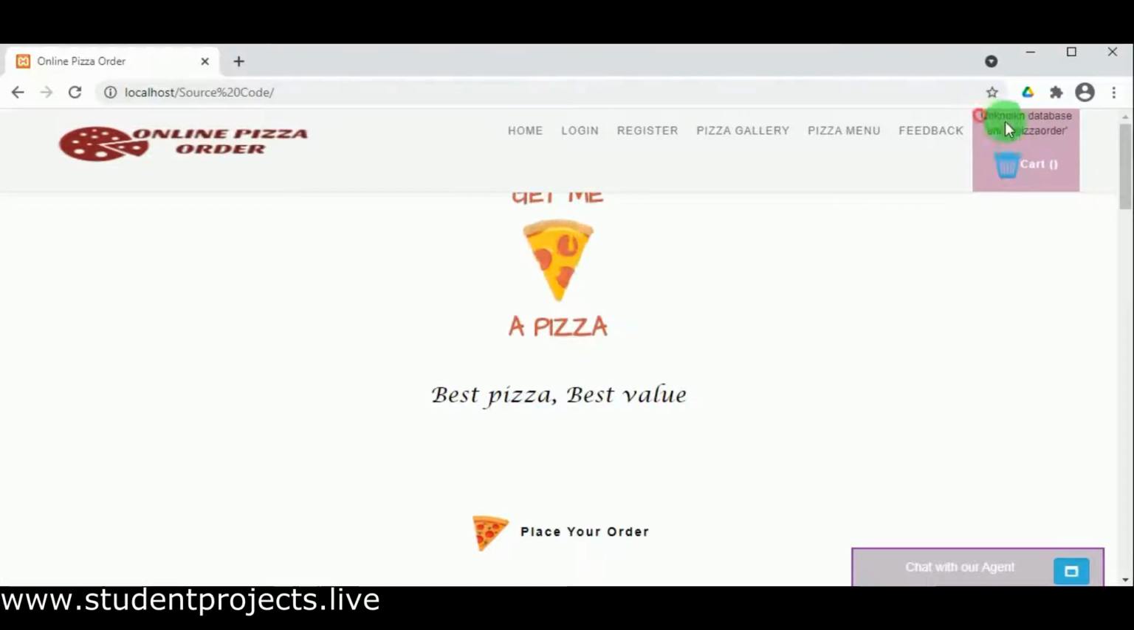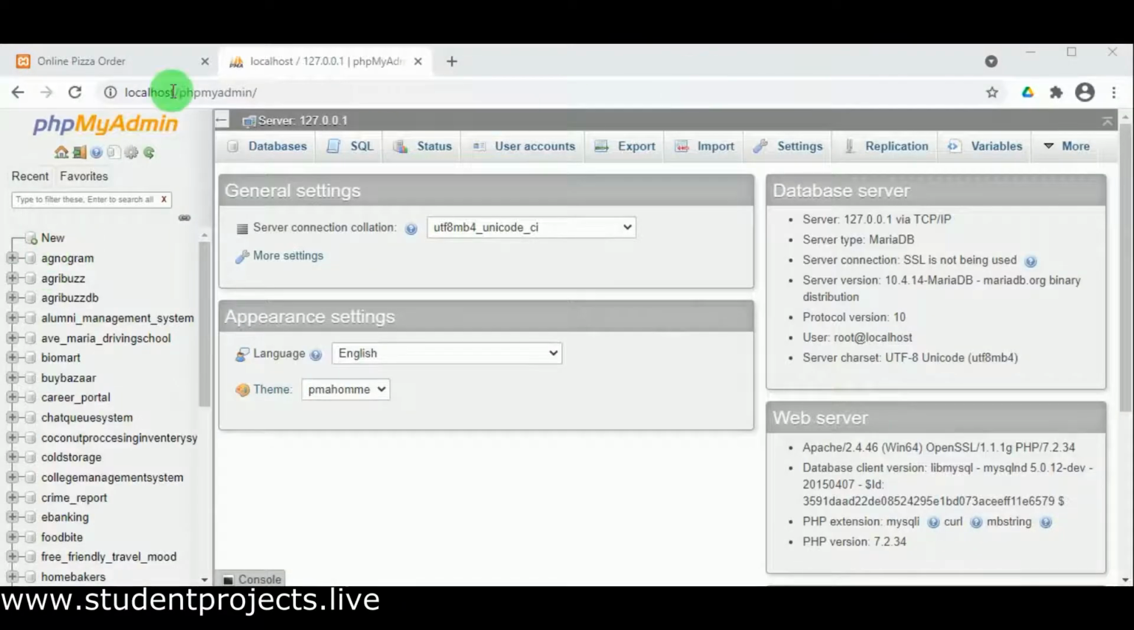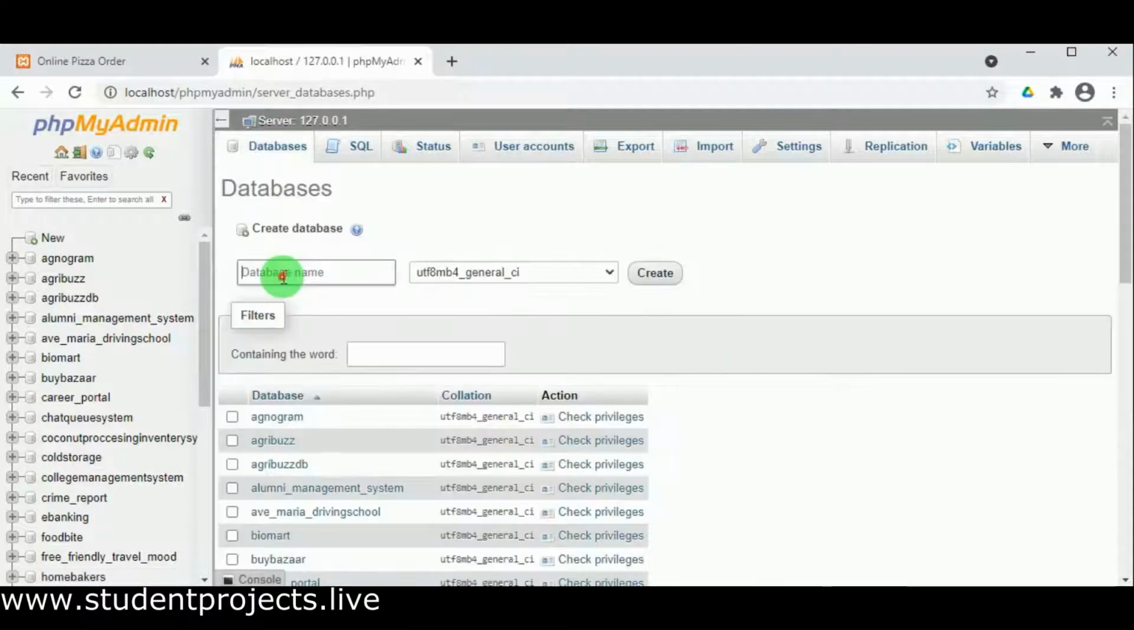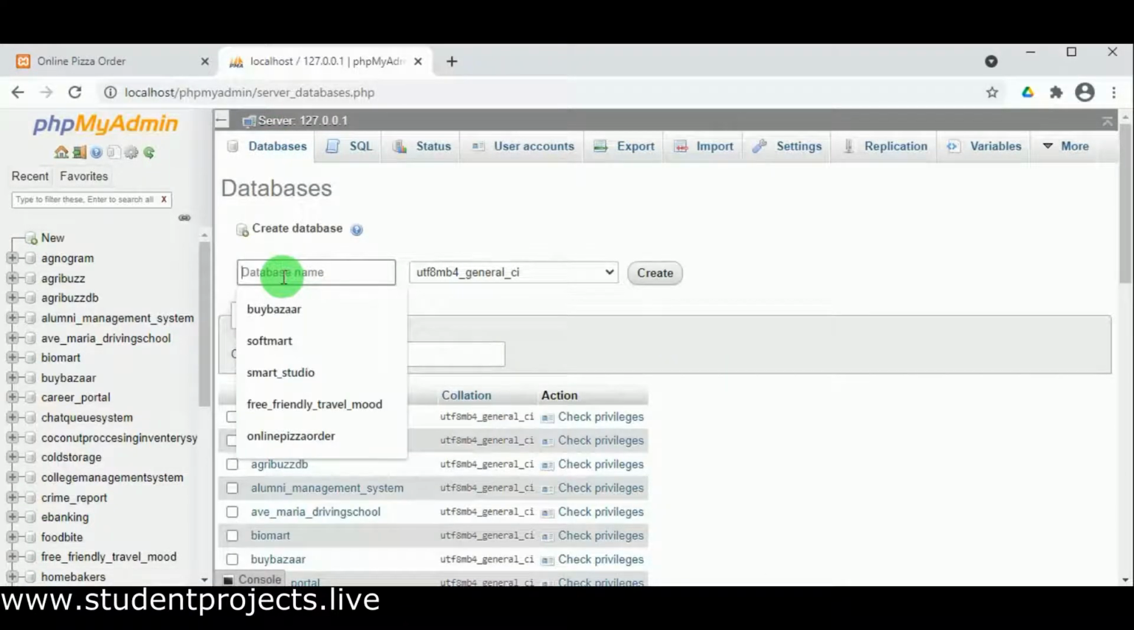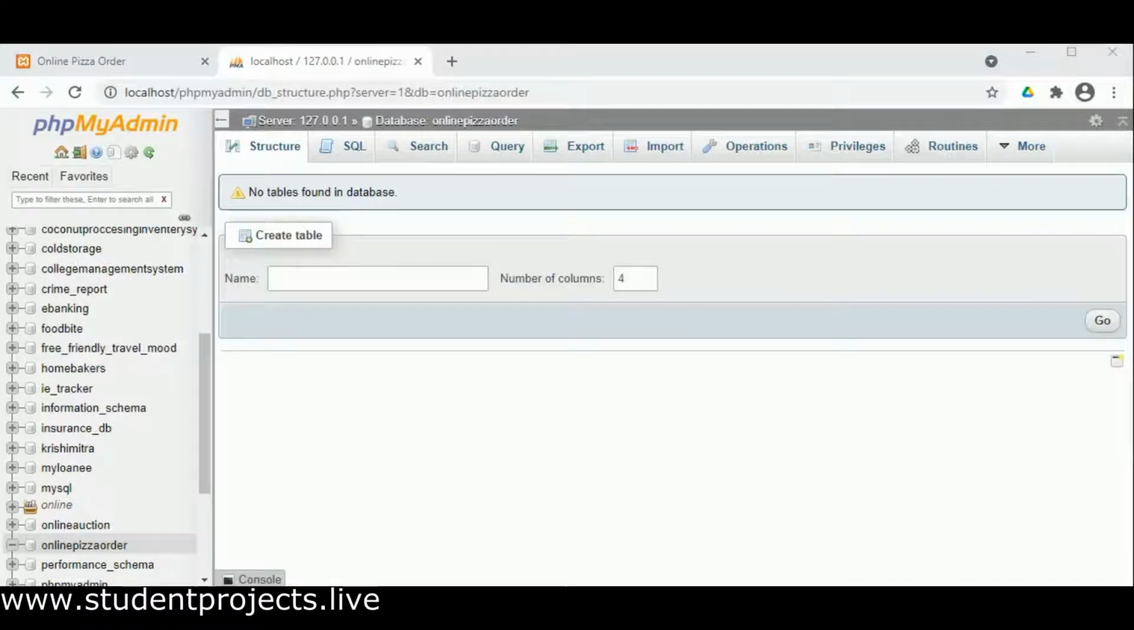And you can see there is some error, that is unknown database online pizza order. This is because we have not imported the database. So to import the database, type localhost / phpMyAdmin. So this will open the MySQL server. So in databases, write the database name as online pizza order and click on create. So once the database is created, we must click on import